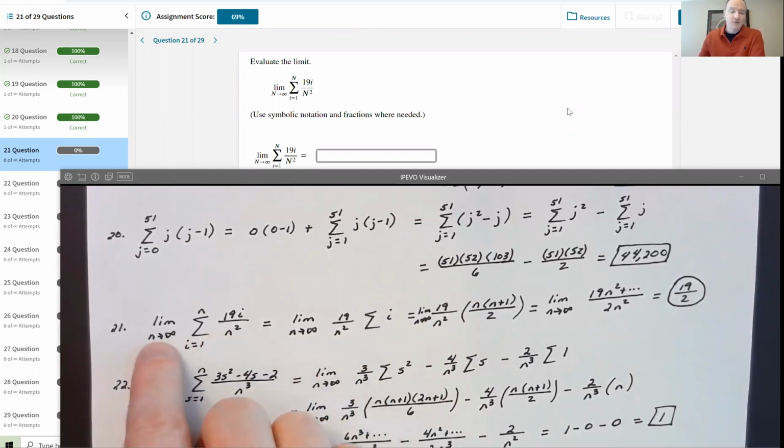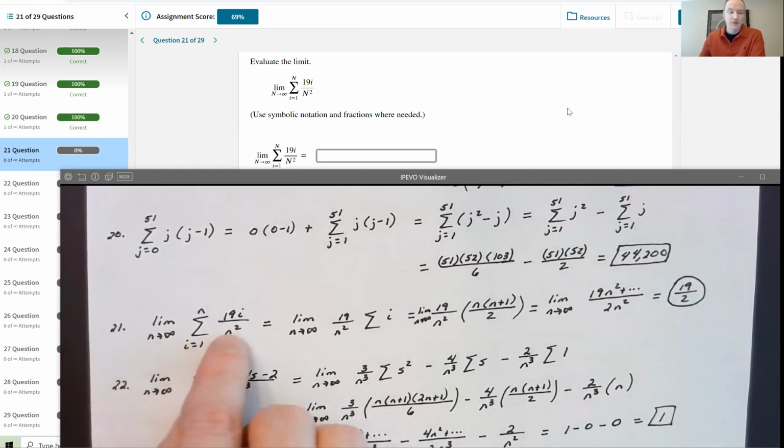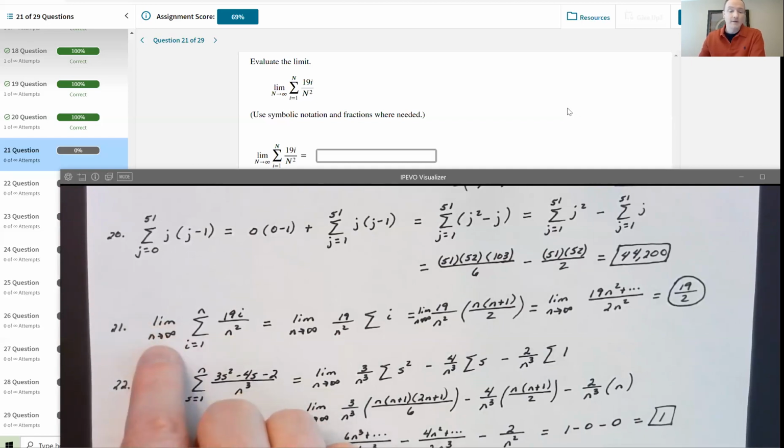Now, in my summations, I always use a lowercase n. They tend to use a capital N in this section. I'm not quite sure why. I think it's really bad notation. Most everyone always uses lowercase n. Doesn't matter though. So we're looking at the limit as n approaches infinity of the summation from 1 to n